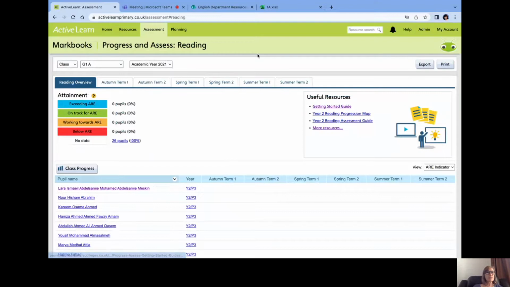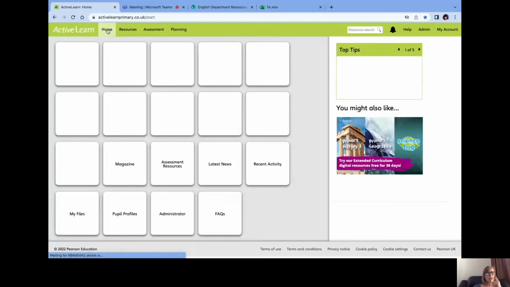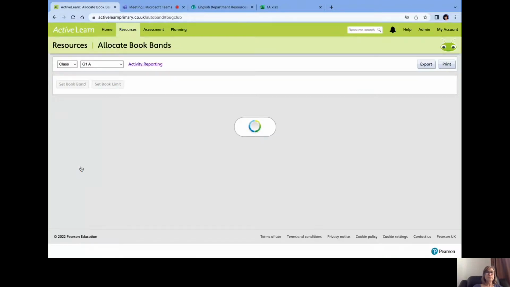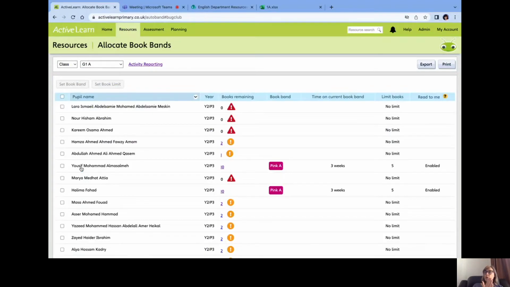The other thing, and I'm just going to go back here because it's maybe easier. I can go back here, I suppose. Heck with it, I'll just hit home. All right, back into book club. And the other thing, once you've done that, I want you to assign book bands. So for your practice student, you are going to do this now, but you'll do it for your whole class